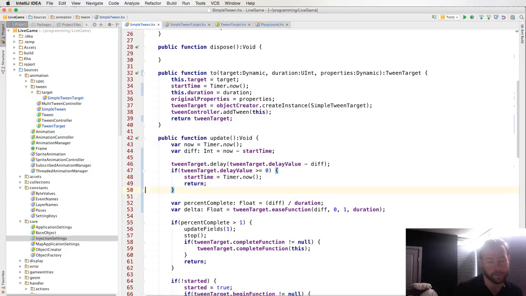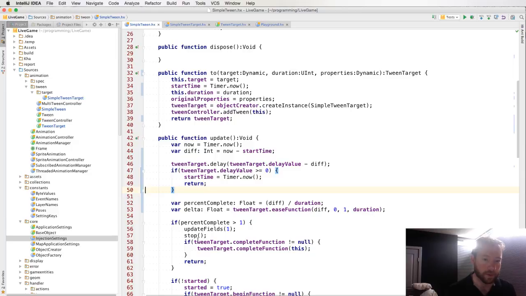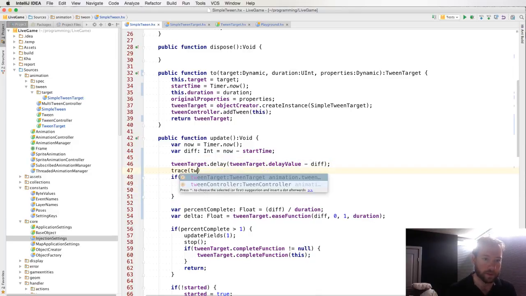That seems reasonable. See here, if we trace the tween target delay value,